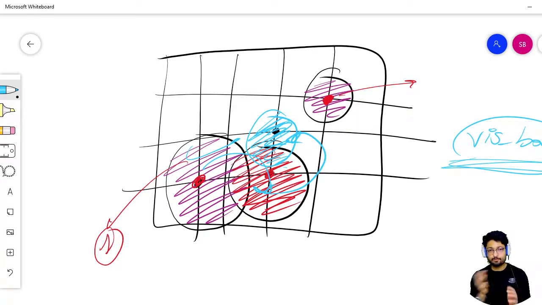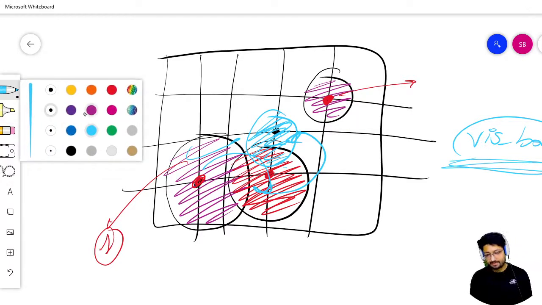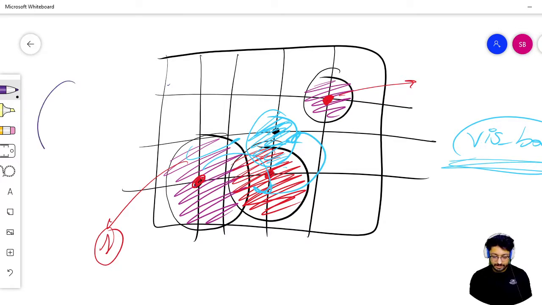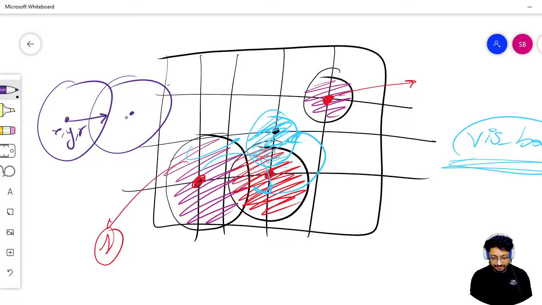So it's like the intersection of two circles. How can we check that two circles are intersecting? That's the whole problem. If I have two circles, we are given the x, y coordinates and r, the radius length, and again x2, y2 and r2. So r1 and r2. What you'll do here is find the straight line distance between the two coordinates, x1, y1 and x2, y2.